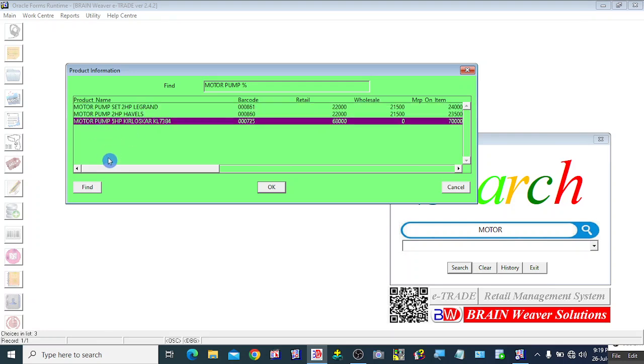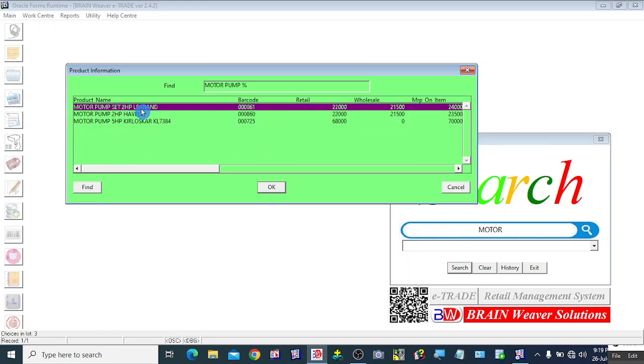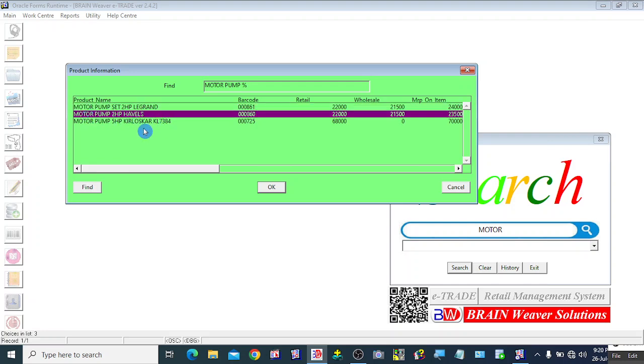Suppose this filtered list is huge. Again, if you want to filter it with a few more keywords, for example, here we can see motor pump Legrand, motor pump Havells, motor pump Kirloskar. Suppose too many items are filtered, and you want a specific brand name, for example Havells,